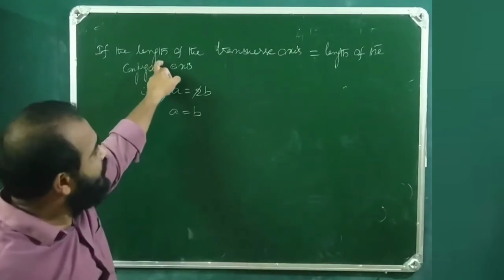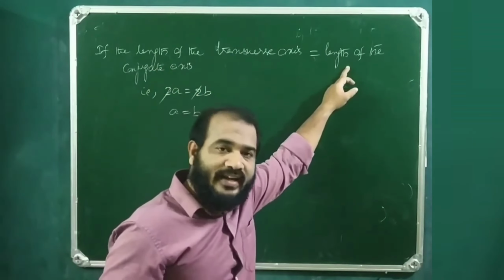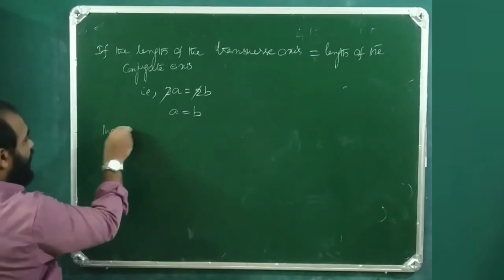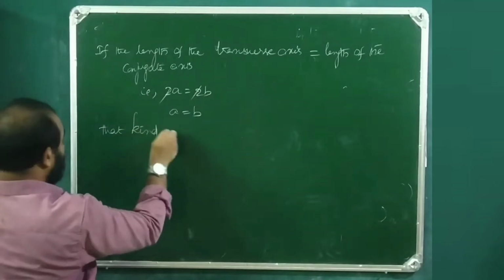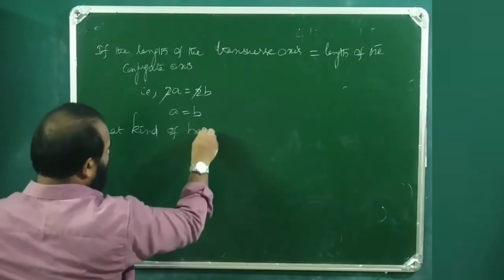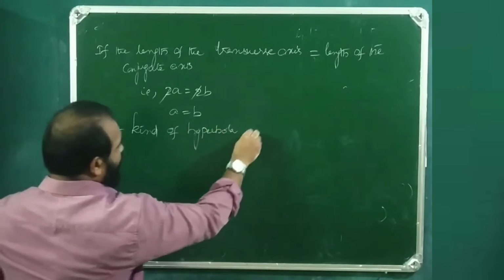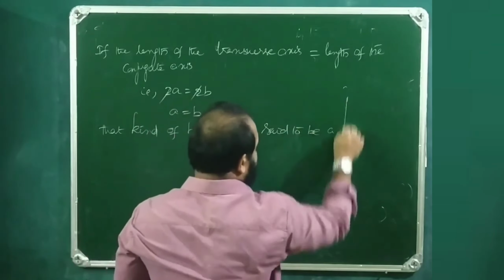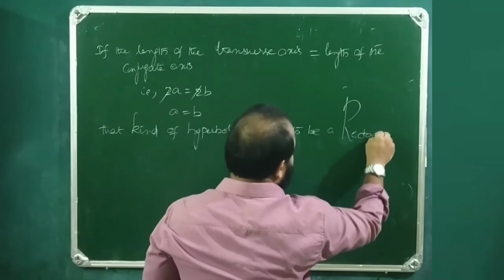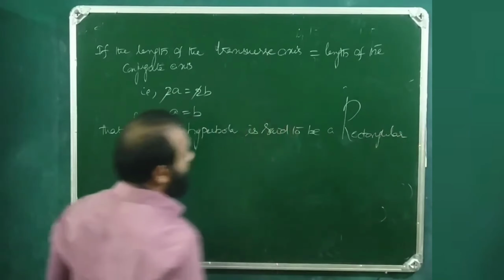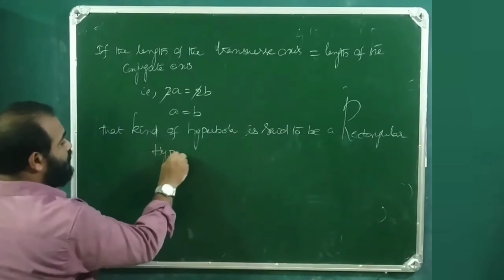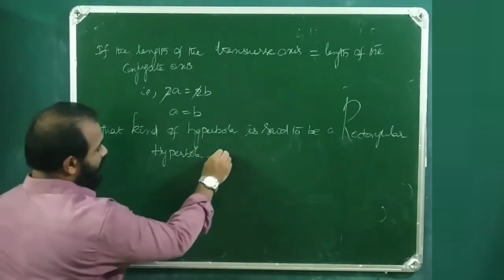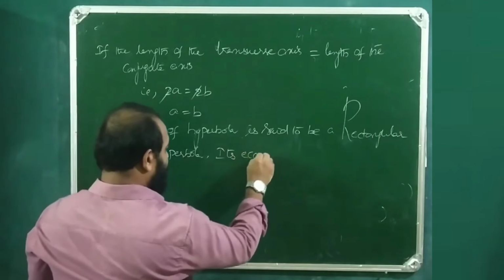If the length of the transverse axis is equal to the length of the conjugate axis, that is a equals b, that kind of hyperbola is said to be a rectangular hyperbola. Rectangular hyperbola. So its eccentricity is